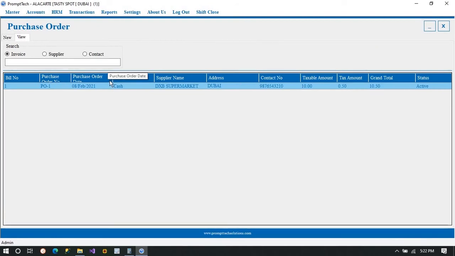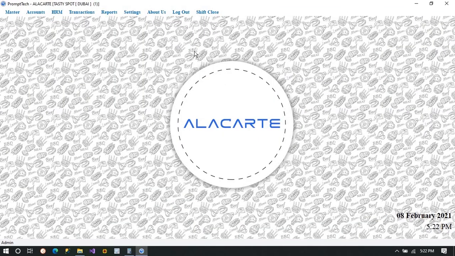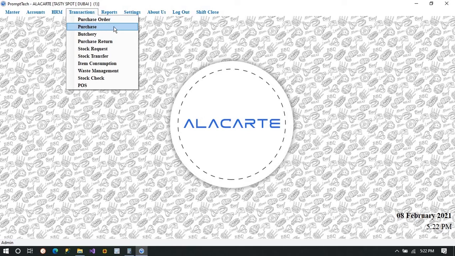And now if I have to edit it, I can double click on it and edit it as well. And even if I want to delete it, I can delete it. If I want to clear it, I can clear it, right? This is how a purchase order usually works, right? So all menus are there. So now next I'll go on to the purchase,